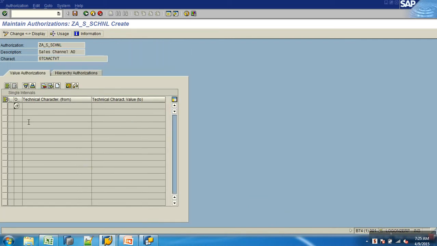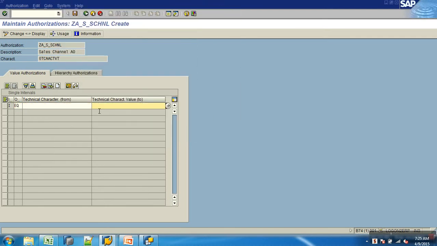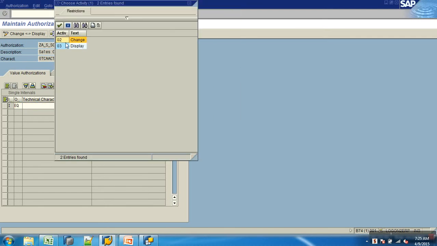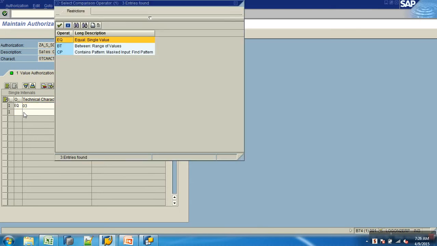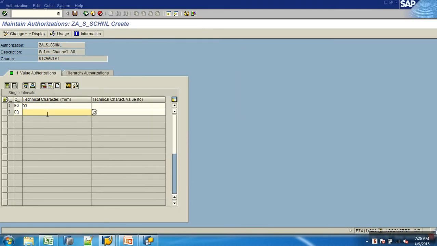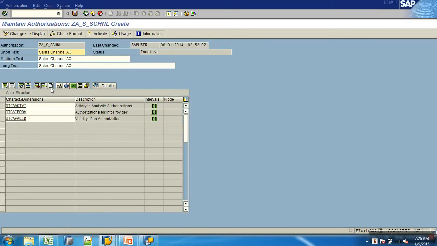Okay, now double click on it and say create, equal to. What is 02? Basically I will target it to give him display, and there's one more option for executing. You don't see it here, but there's something, 16, which I'm just giving here. Save. Then apart from all this, I'll also give my own info object. What is my info object?